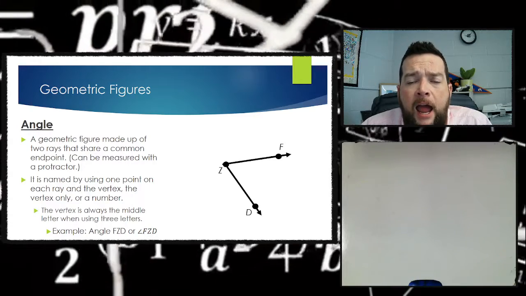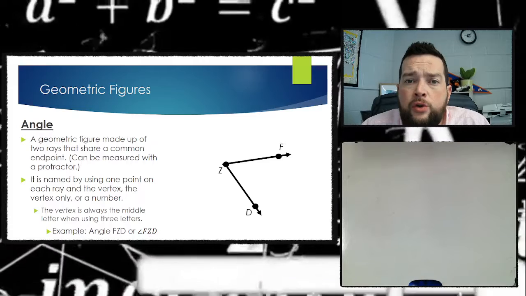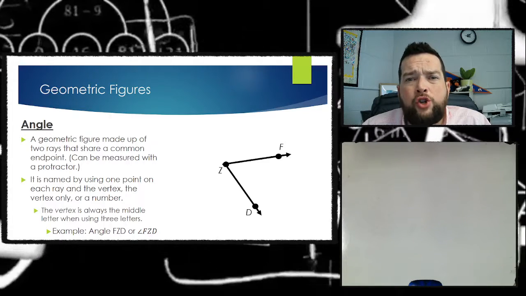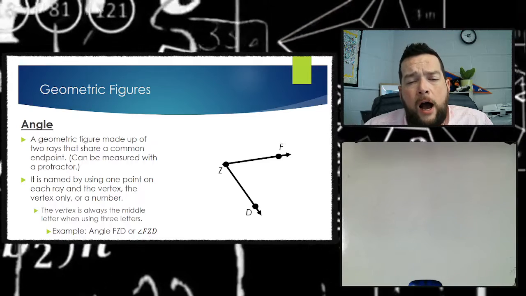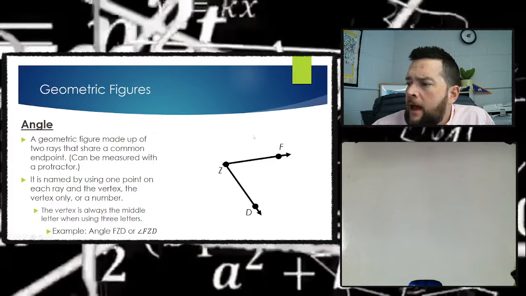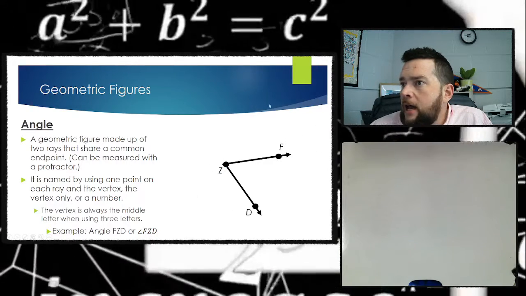All right, angles are named by using one point on each of the rays and then their common endpoint. Now there is a rhyme or reason to the letters when you're writing an angle. You want to make sure that your common endpoint is the middle letter. So in this case right here where we have this D and this Z and this F on this angle right here,